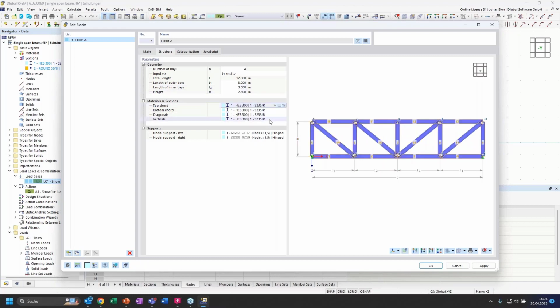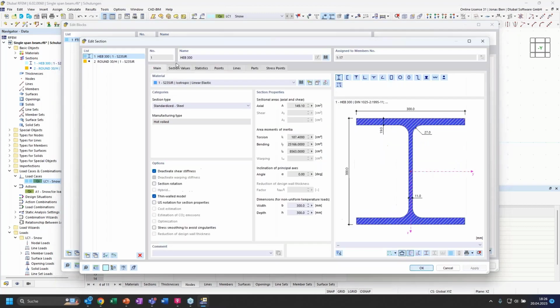We can change the materials and sections for the different structural elements. For example, we can say the diagonals. We want to define a slightly smaller section. In this context, I would like to show you a nice quicker solution on how to find the section you want. So if you already know you have a standardized section and it is a common description to it, for example, I want